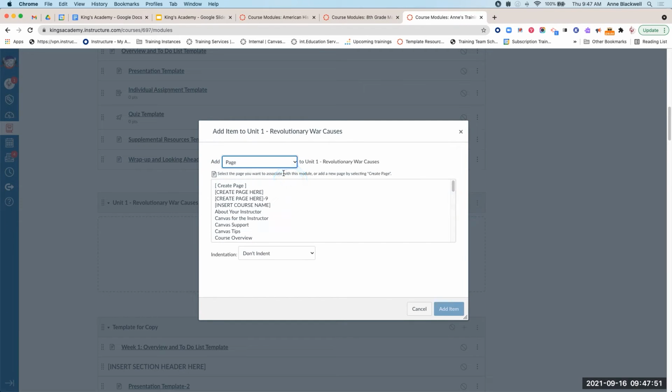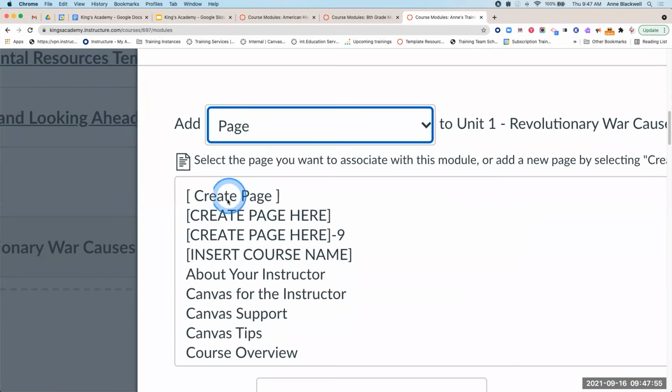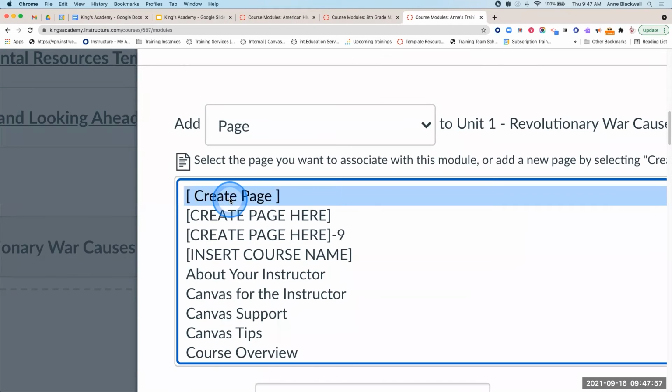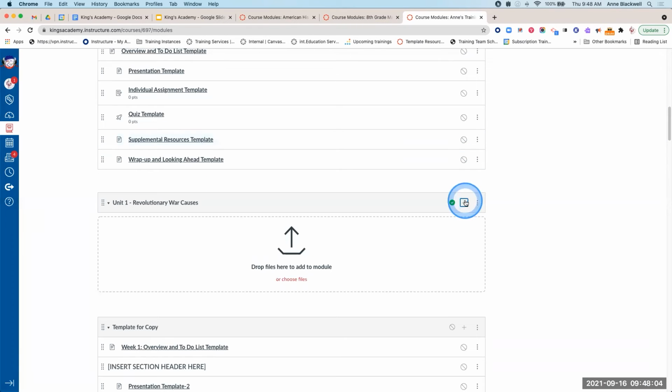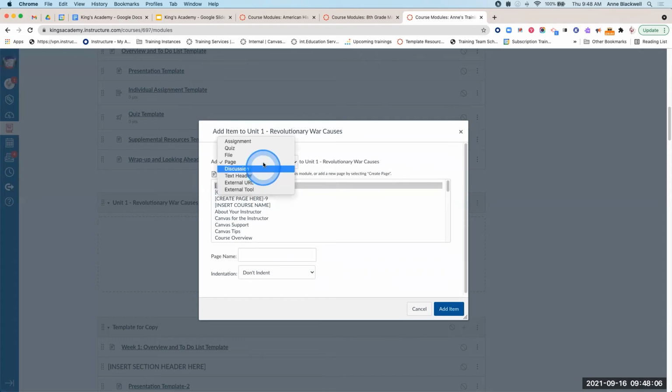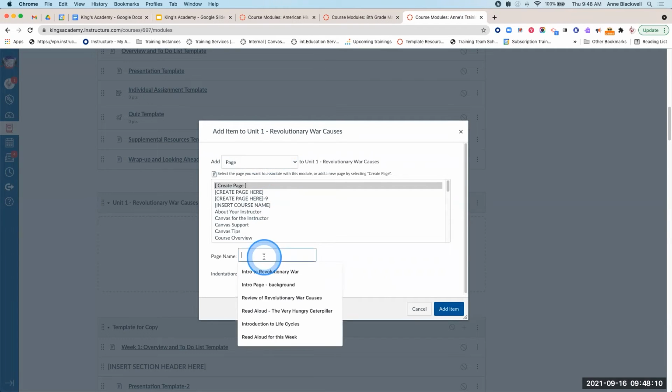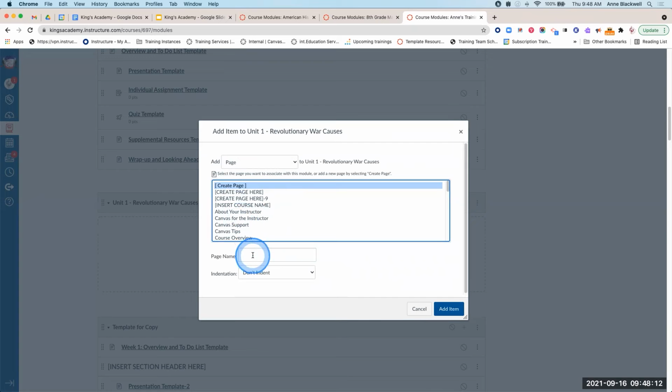So add a page, and then I'm going to create a page. And that's the first option. So one more time, plus, come down, fourth one, add a page, create a page,